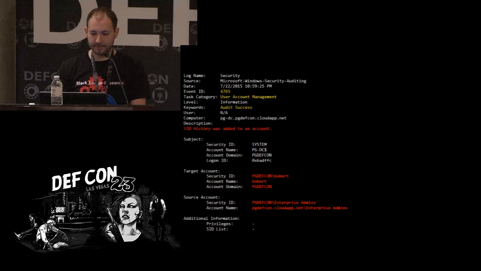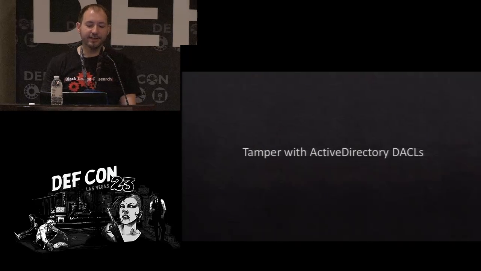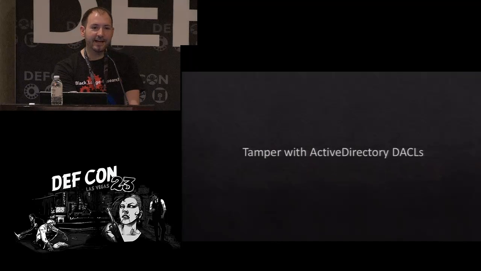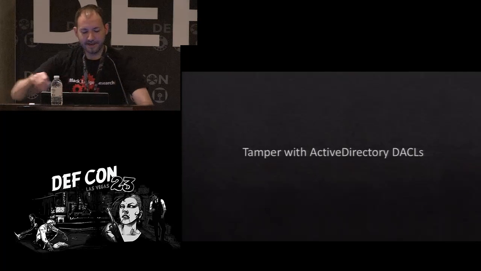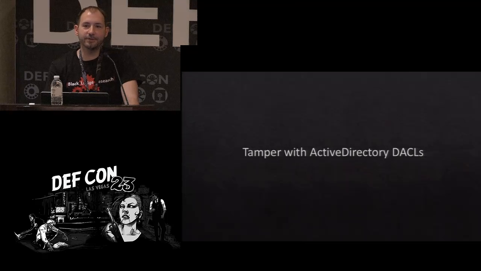All right, so another one we've got is tampering with Active Directory DACLs. Now we're getting into some even weirder stuff. Active Directory objects all have access control lists on them, just like files do. Those objects are not easily visible to the user. They're not really exposed in the UI anywhere. And most Windows sysadmins use the UI, and that's kind of what Windows is for, providing user interfaces to everything. So because these are not exposed in the UI anywhere, I actually have to use a piece of VB